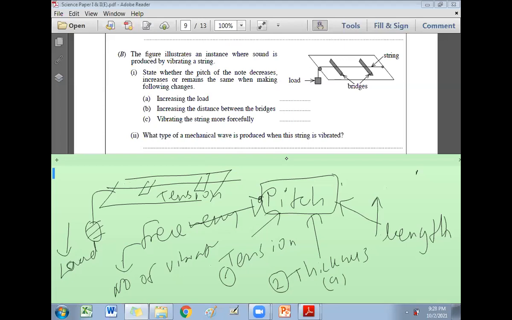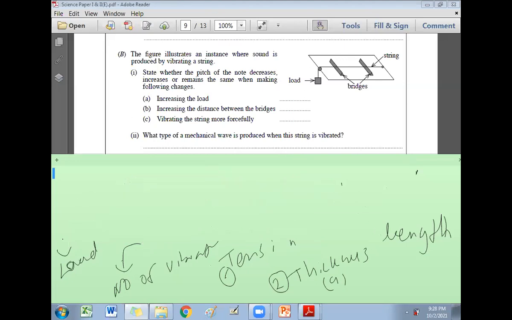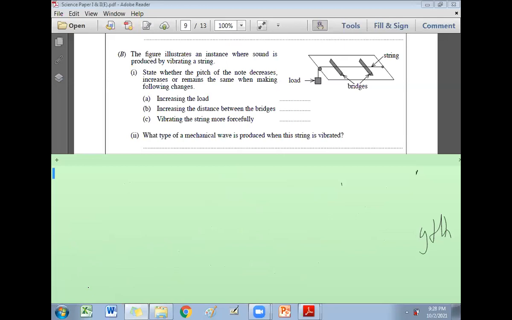Anyway, what is part B? Increasing the distance. What is the answer? When the distance between the bridges increases, what happened? The length increases. When the length increases, pitch decreases. Part B, the answer is decreasing. Okay, I'll write the answers. Part A, pitch